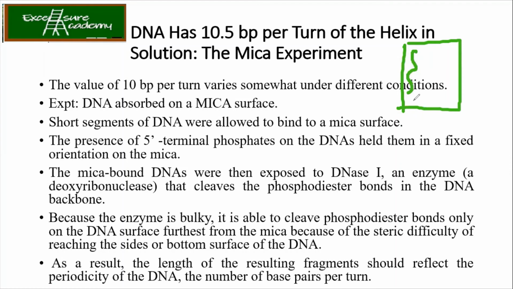Now what they did was use DNase I, the enzyme. This enzyme is able to cleave DNA molecules at the phosphodiester bonds. Suppose these DNAs are present and it is cleaving at the phosphodiester bond. Also, one thing you need to remember is that many enzymes are able to cleave the DNA at the major groove only and not at the minor groove. Can you give me the reason for this? I repeat, many enzymes have catalytic activity by binding to the major groove of the DNA and not the minor groove. What will be the reason behind this?